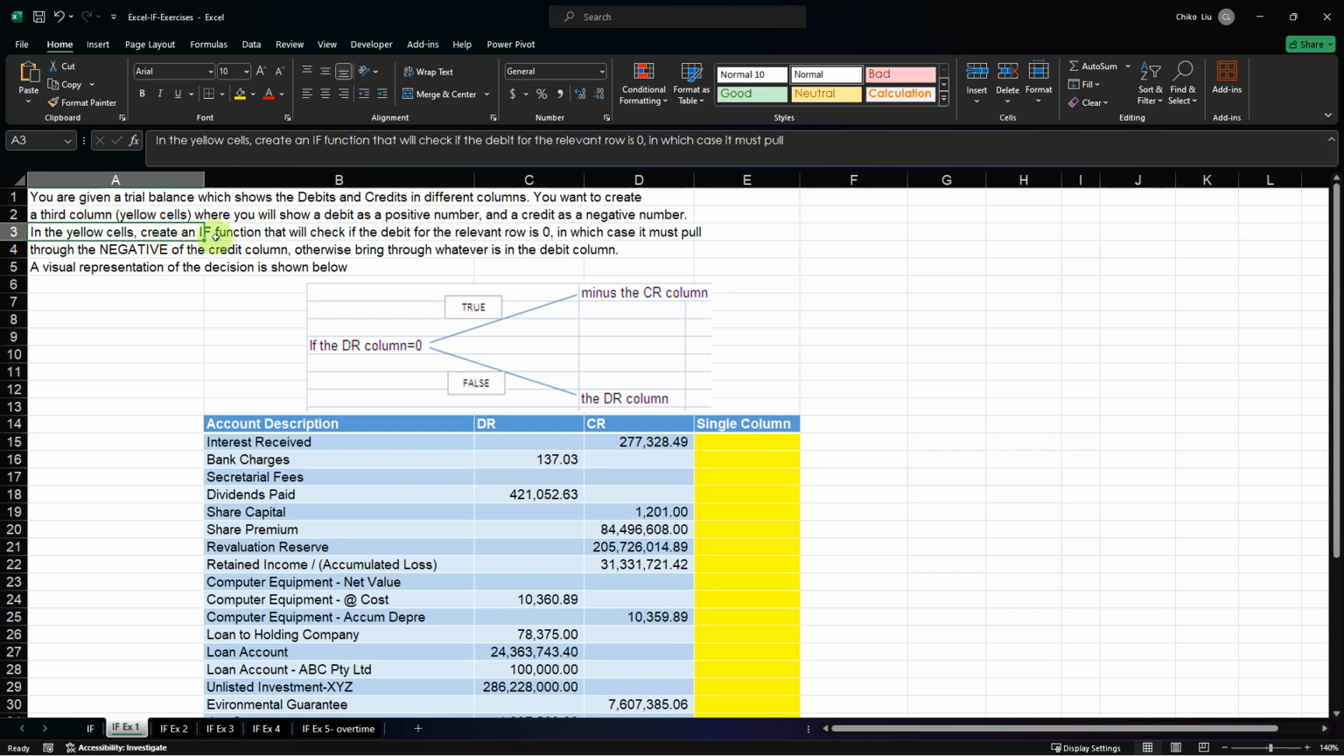In the yellow cell, create an IF function that will check if the debit for the relevant row is 0, in which case it must pull through the negative of the credit column. So if this is 0, use whatever value is here and make it negative. Otherwise, bring through whatever is in the debit column, which is positive. The visual representation of the decision is shown below: if Dr is 0, if true, minus Cr, if false,